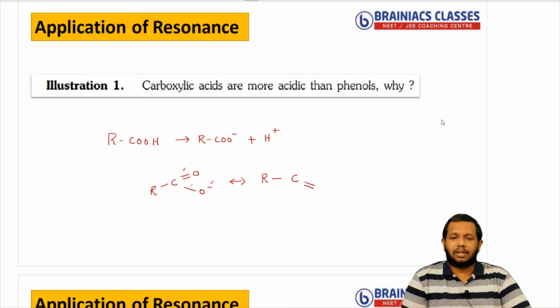Then how the resonating structures can be drawn: this double bond is shifting in this direction, towards the pi bond. When the double bond comes here, what will happen? This will get repelled and this will come here as a minus charge. So I can draw the structure like this. Now these two structures are almost identical. The only thing is that if you change the orientation, you get the same. So I can say these are equivalent RS. Equivalent RS means equivalent resonating structures.